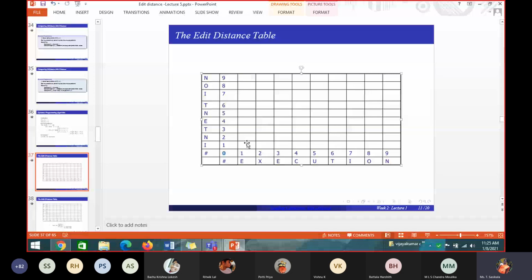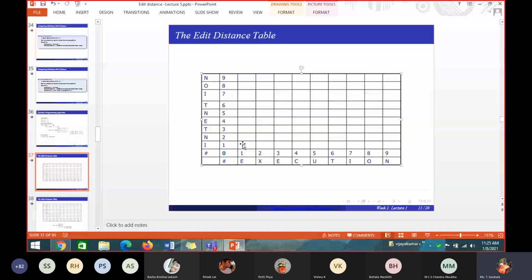What is the formula given? Can you tell me the formula? D of i minus 1, j. What is the i value? While going up, i will be changing and j will be fixed. First I am taking 1 comma 1 and telling how to calculate. This box, E and I, I am calculating. For E and I, what are the i and j values? 1 and 1.